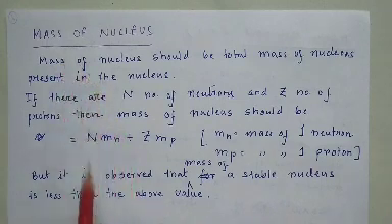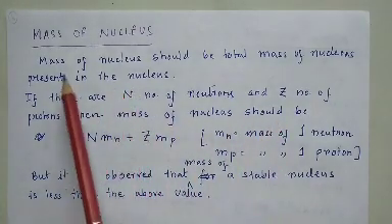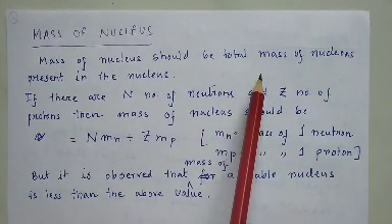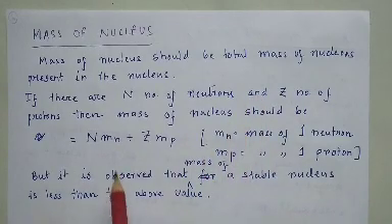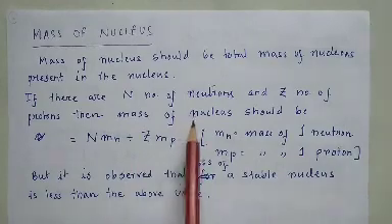Next is what is mass of nucleus. So the nucleus consists of protons and neutrons. So the mass of the nucleus should be the total mass of the protons and neutrons present in it, that is total mass of nucleus. So if there are n number of neutrons and z number of protons, then mass of